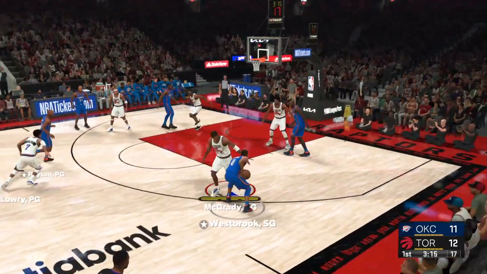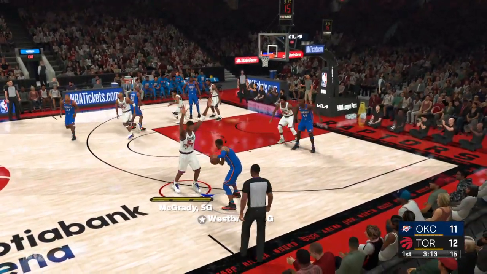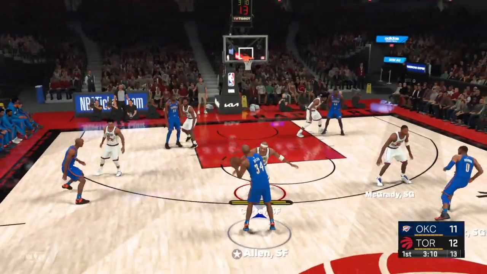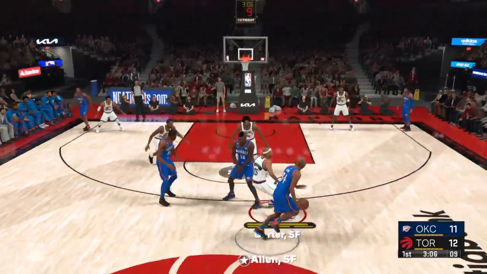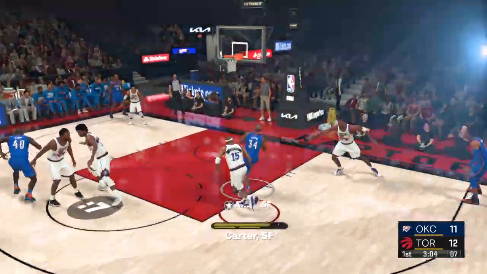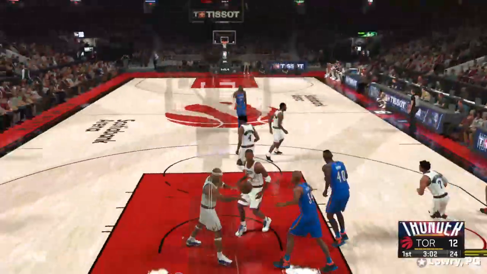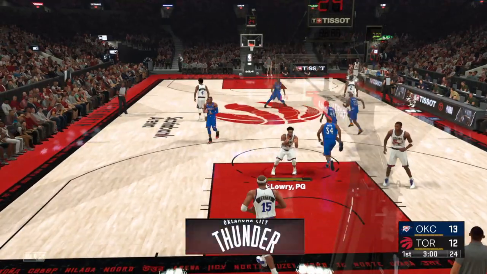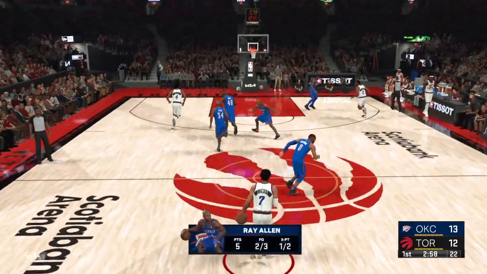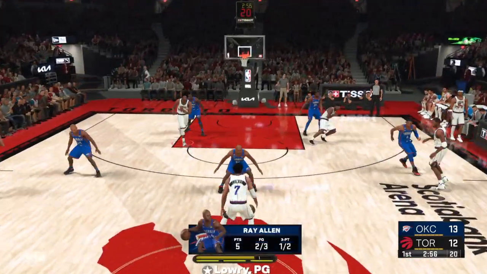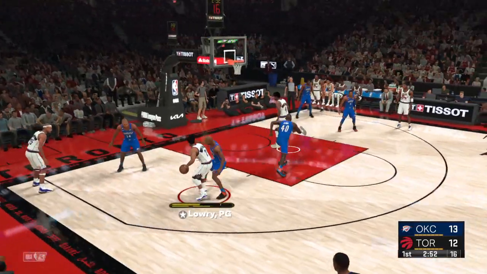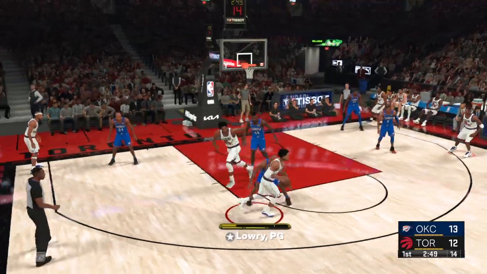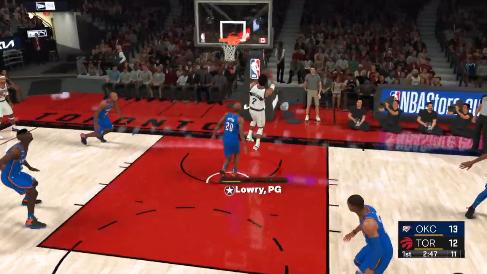Outside Westbrook. The pass to Allen. And then Allen slams it in. The finish was nice, but the setup was better. Yeah, the pick working to full effect before the stuff. Yeah, you like the pick to set up the open shot, but when it leads to a dunk, okay, even better, you'll take it. Lowry makes it off the glass.